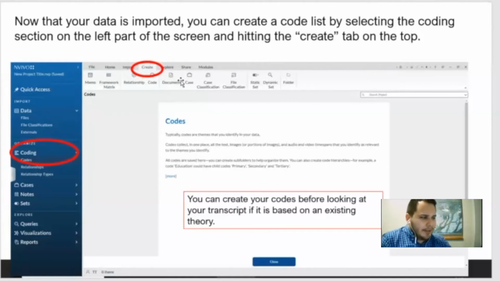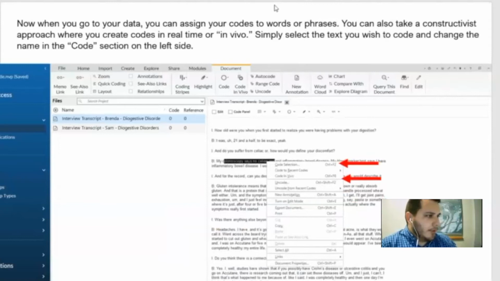And then create a case, which would just be like a particular interview that you want to select for a case or a project entirely, and you want to compare different projects to each other. That's what these are here. And you have notes and sets and so on. So you can create codes before looking at your transcript, and this is the best way to do it. You create a code. So here, once you create a few codes, you go back to data, and then you